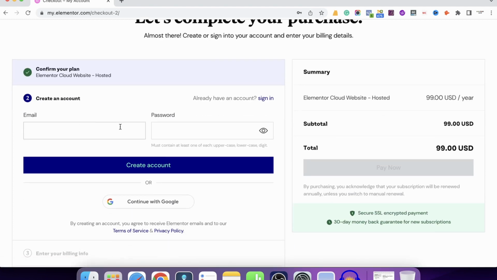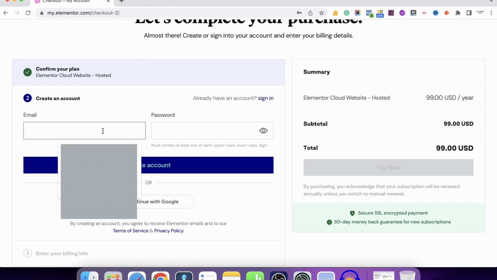Here you need to create an account. First of all, let's enter our email address. Now enter our password.